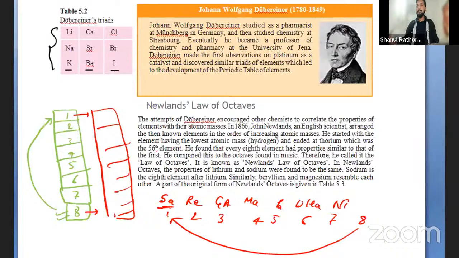He arranged the elements into horizontal rows of 7 elements. If you start with lithium, the eighth element after lithium is sodium. So according to the law of octaves, as we can see,